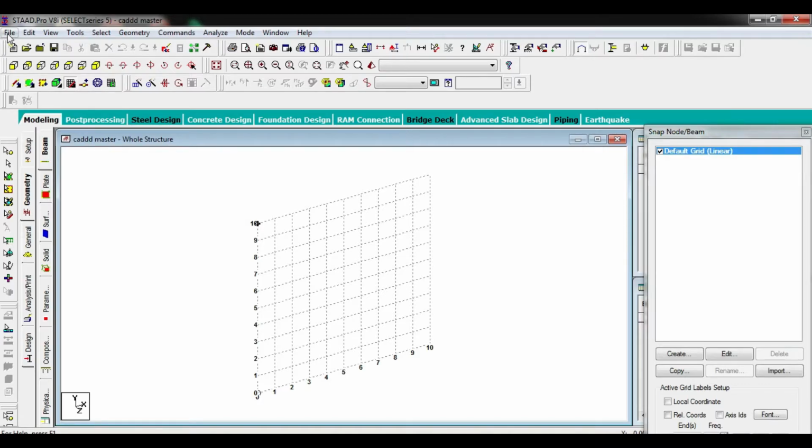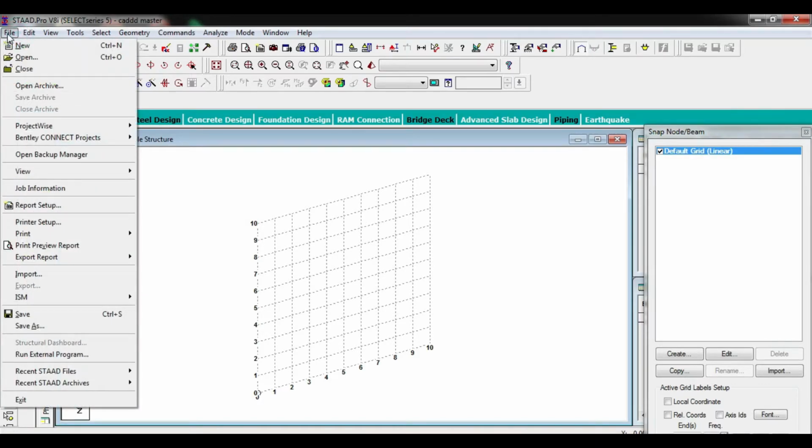Now in the file toolbar, we see the various options: from new we can create a new project, we can open a previously existing project, we can also close the project, and we can save the project. We can import and export the project from AutoCAD software, and also we can export and import the STAAD file into MS files. After that, we can see the recent STAAD files and recent STAAD archives. In this we can print the project.